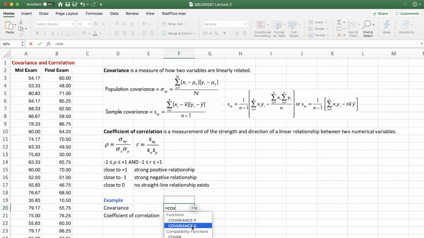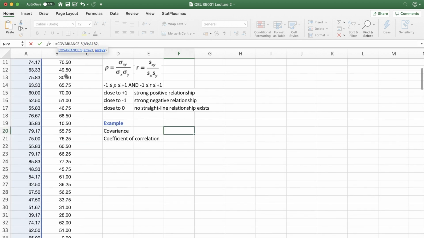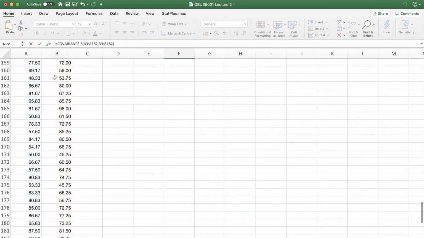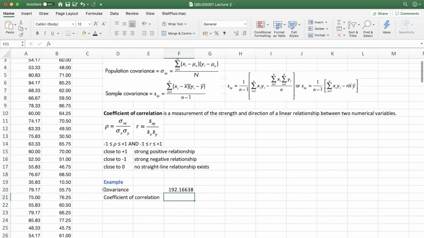So we choose .s here, and then select mid-exam marks, and also final exam marks. So here is the covariance of the two data sets,